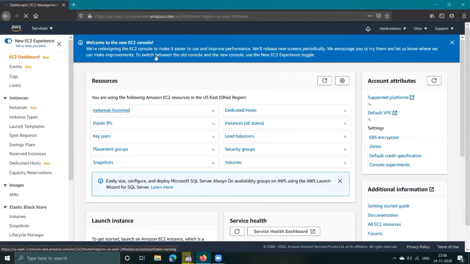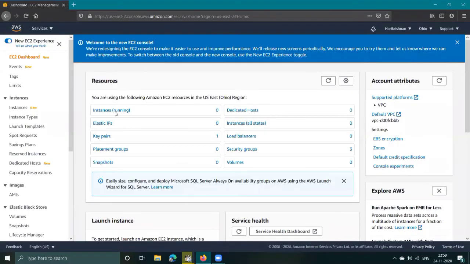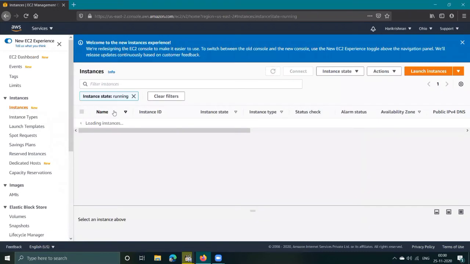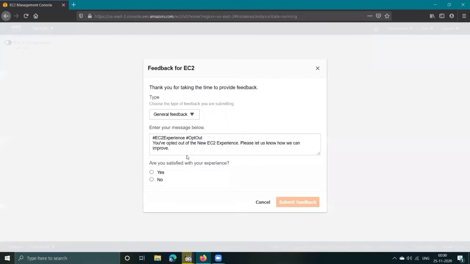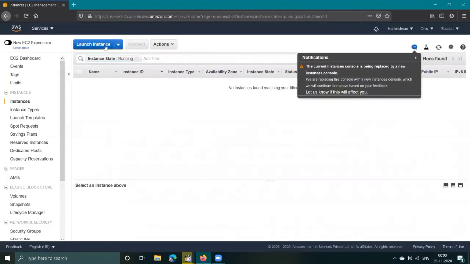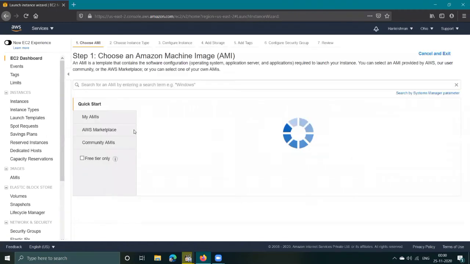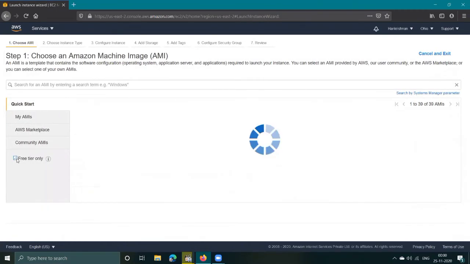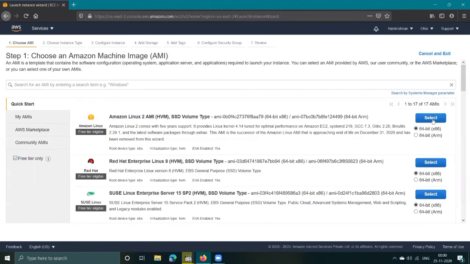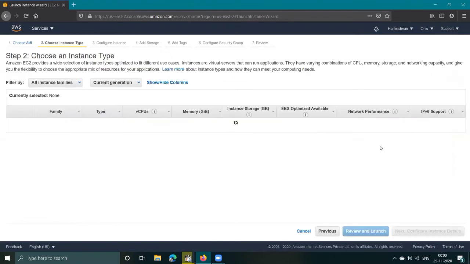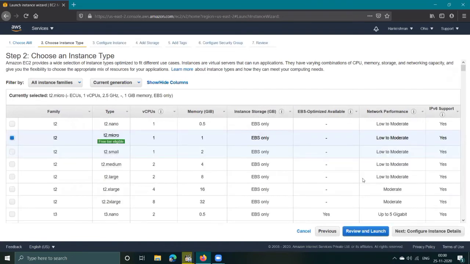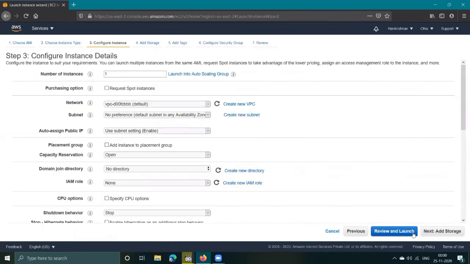Go to the management console. Select EC2. Here we are seeing the new EC2 experience. Select the old one. Now launch the instance. Select free tier. Go to next. Configure instance details.